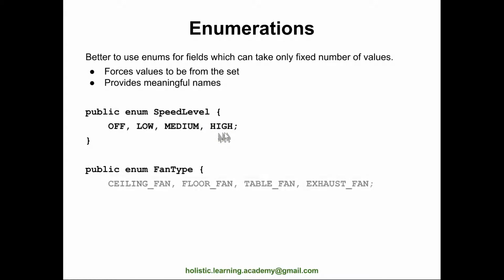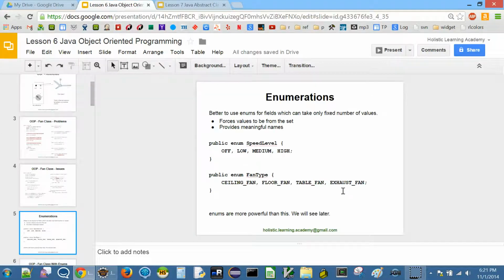Similarly, we can also have fan type. Here you can see that we are using underscores to just separate the words, right? So you have ceiling fan, floor fan, table fan, and exhaust fan. So 4 different kinds of fan types. All right, so let's just make use of these enums